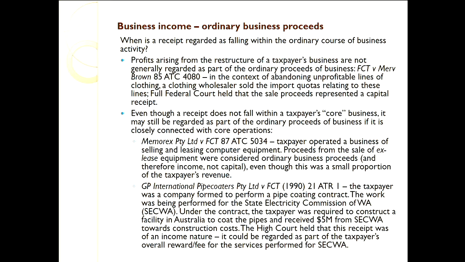So what it means is, most of the time it's selling new equipment, and then it would lease some computer equipment. But sometimes it's got computers that have been leased, say, for 3-4 years, and they've still got some useful life, but the taxpayer doesn't want to lease them out anymore. It's prepared to just sell them, probably at quite a low price, right? The sale of formerly leased computers. Now, is that an ordinary business proceed?